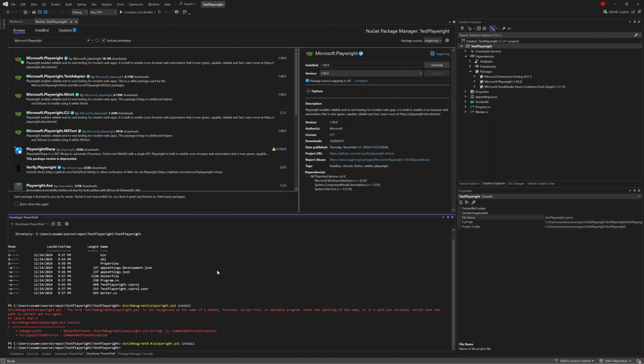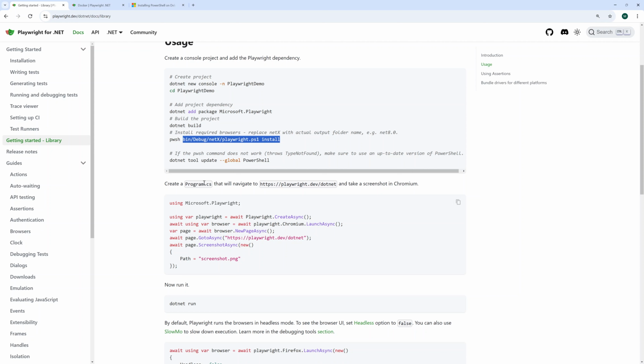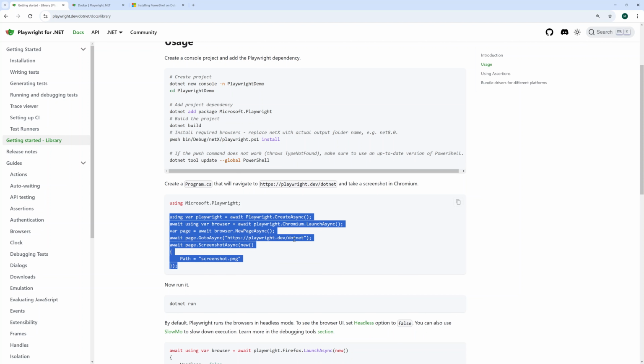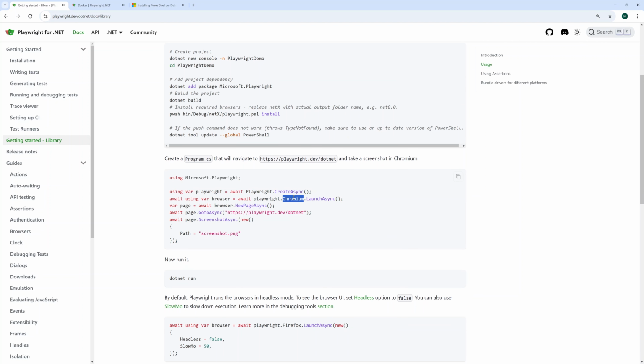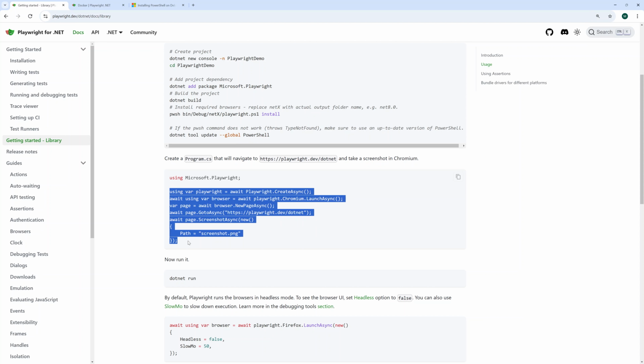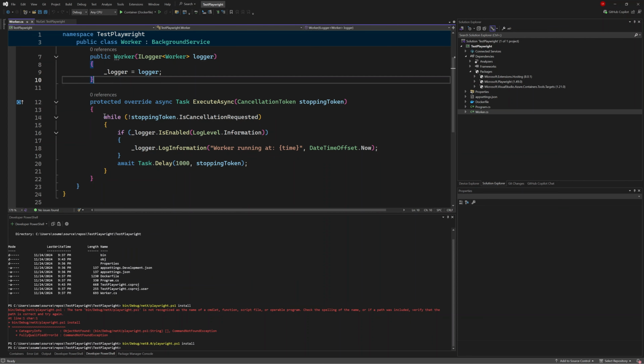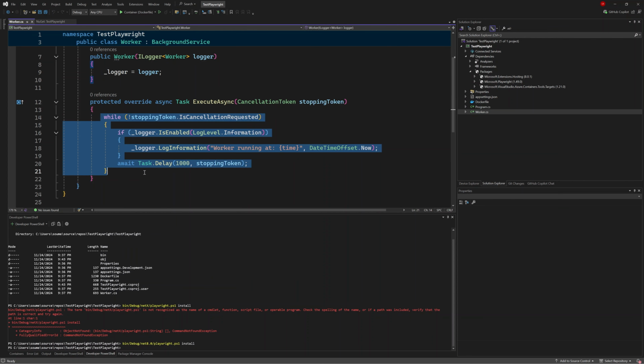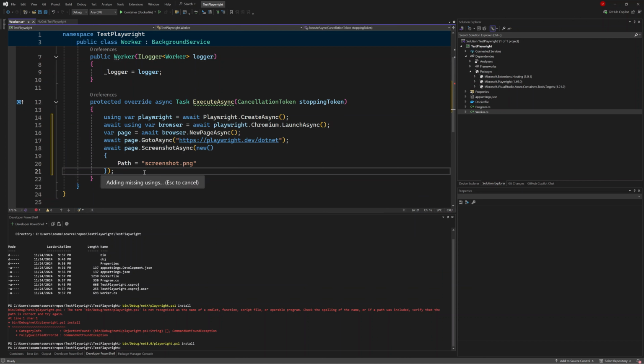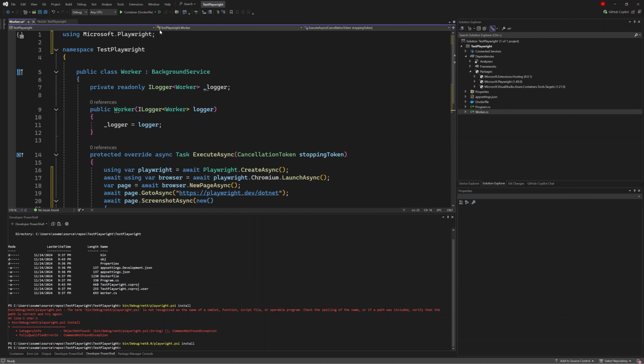Okay, so it's done. So now let's copy this code and paste this and run it from the service. Let's copy this code and go to the worker.cs and replace the default code with that code. And you can see the Playwright, it was red, now it is added because it automatically added the required namespace